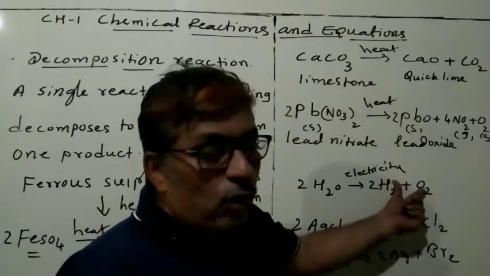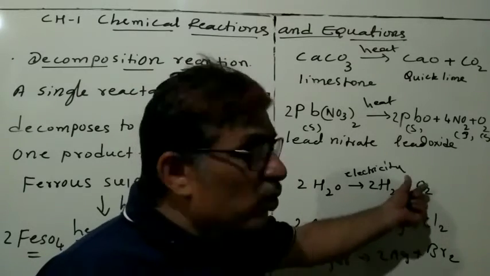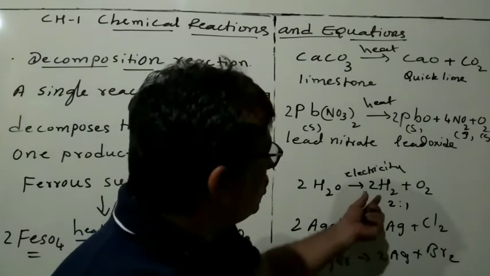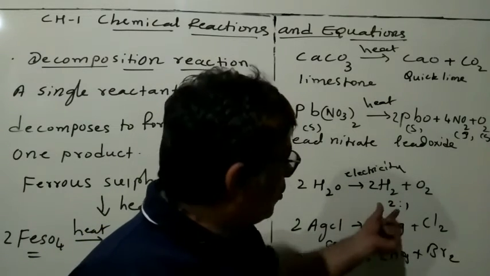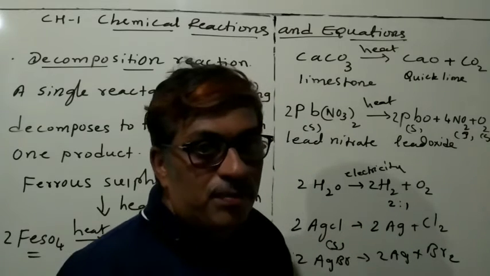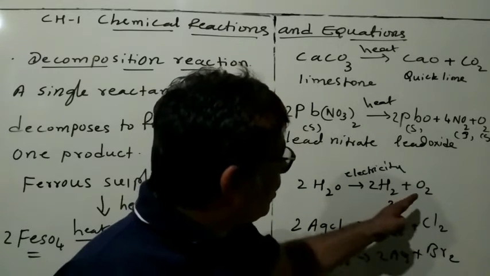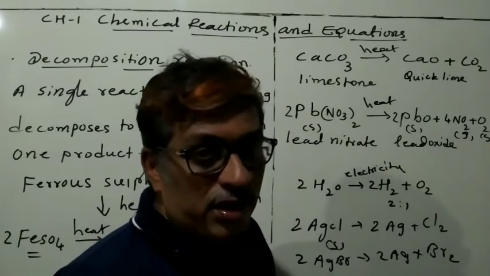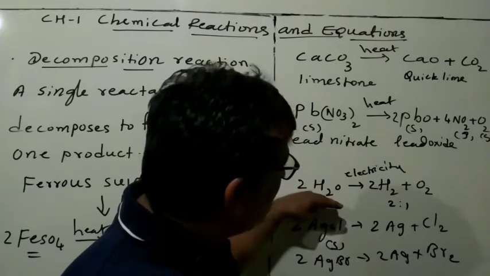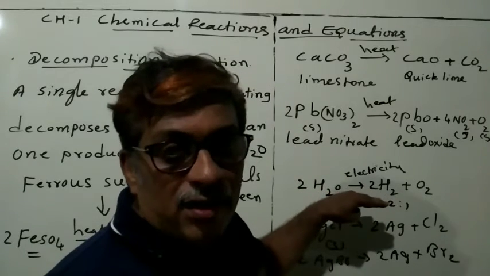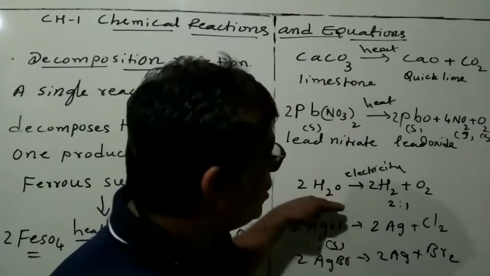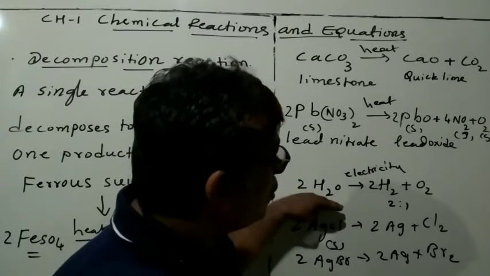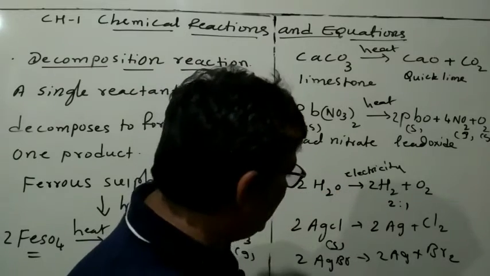Here hydrogen gas and oxygen gas are formed, and you know that oxygen gas supports burning. In the ratio of 2:1, this is producing 2:1. How much oxygen are you getting? Double that amount, you will get hydrogen gas. This process is carried out by electric current, or by passing electricity, so this is also an example of decomposition reaction, but this process is called the electrolysis process.